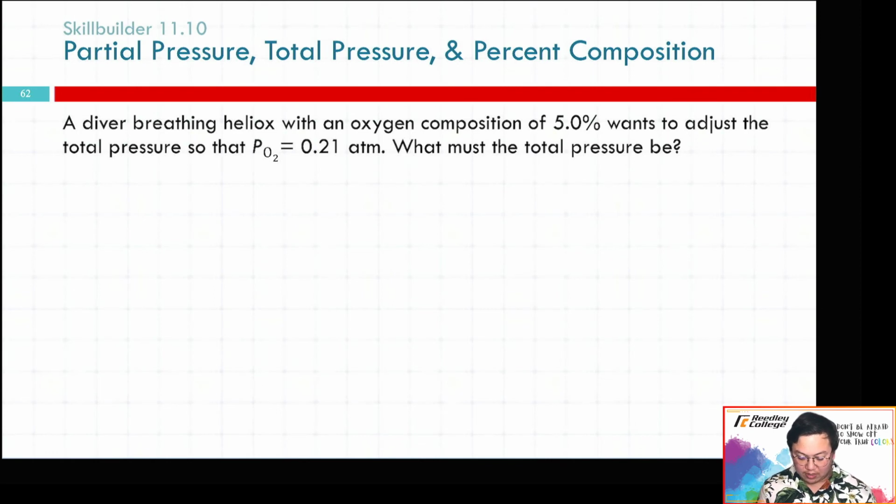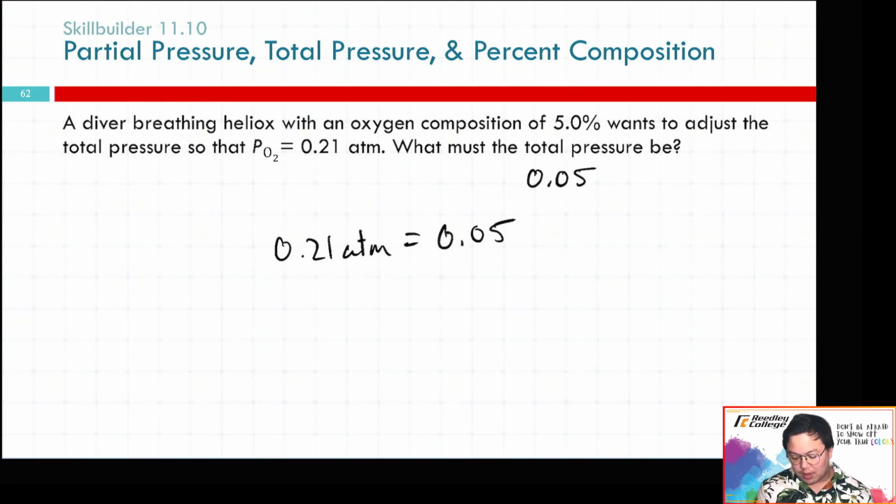So say we have a diver breathing heliox with an oxygen composition of 5%. He wants to adjust the total pressure so that the PO2 is equal to 0.21 atmospheres. What must the total pressure be? So he's breathing heliox with an oxygen composition of 5%, and he wants to adjust the total pressure so that he gets 0.21 atmospheres. So the total pressure then, if 0.21 atmospheres equals 5%, 0.05, then the total pressure, if we want that to be 5%,